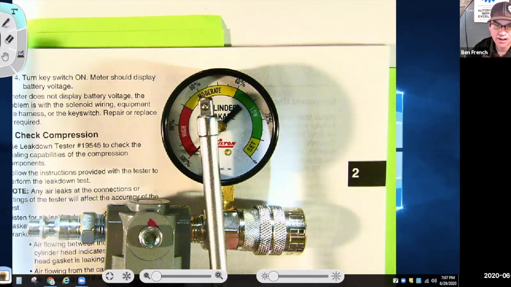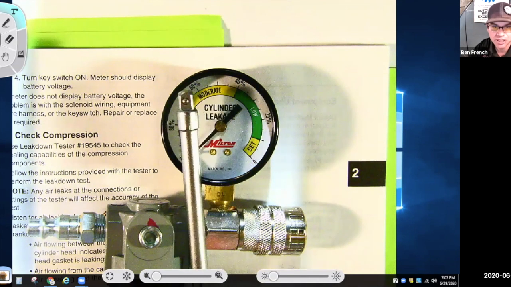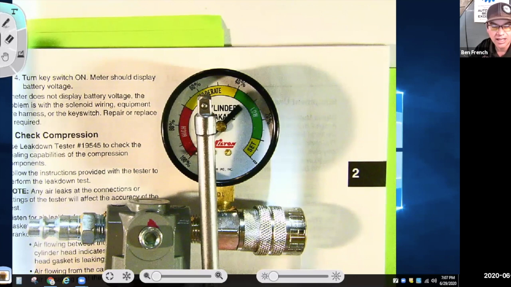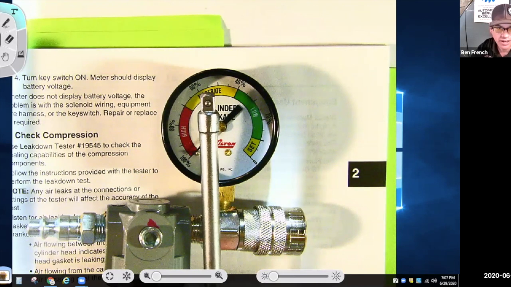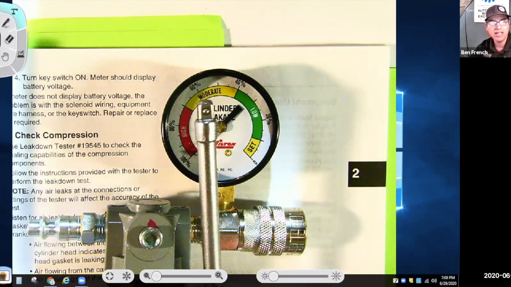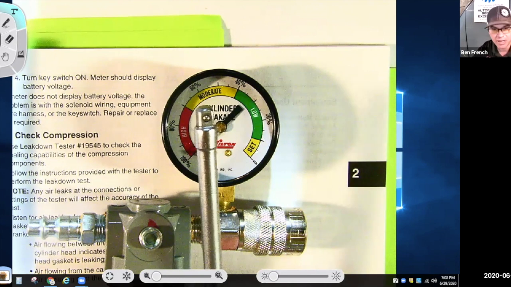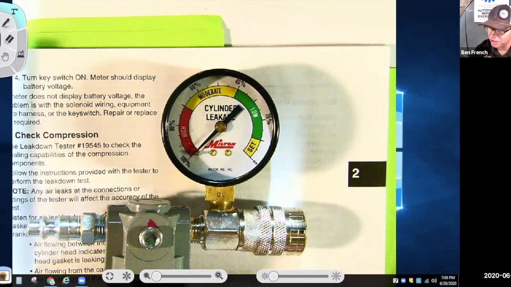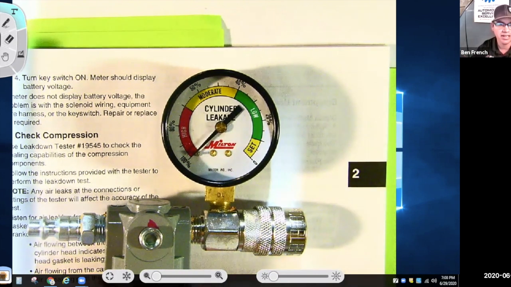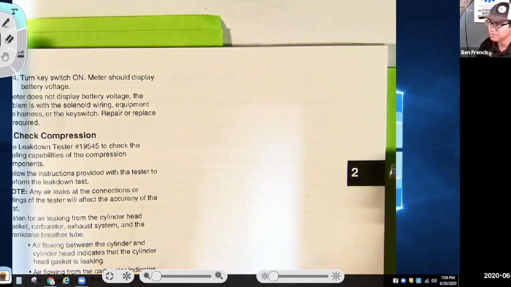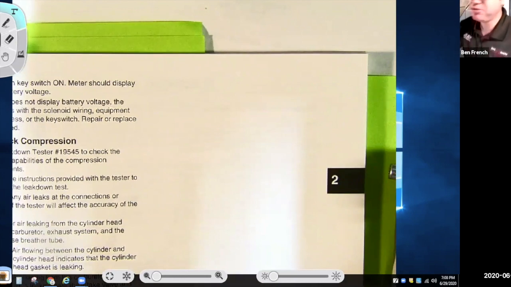That means 60% of the air this tester would be pumping in your engine is blowing right out. And if you put your ear to the muffler and you hear an air leak noise coming out of the muffler, then you know, wow, I've got a burned exhaust valve. So it tells you more information, but because the engine's also not moving, it takes the compression release mechanism out of the way. So I'm going to switch to another page of the manual